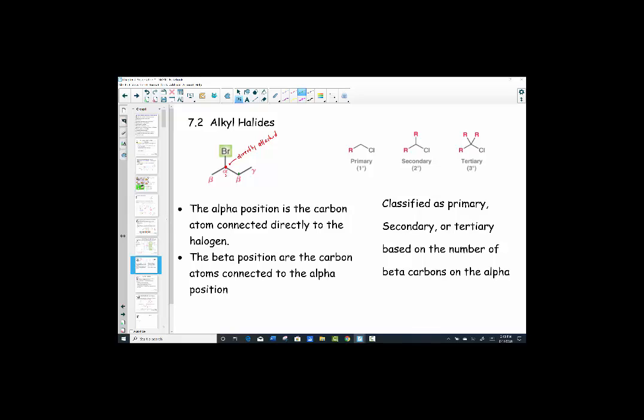When you go out in either direction, the beta carbons are then attached to the alpha. And if you go out even one further, you have gamma, and if you go out even one further, you would have delta. But in our case, we're really only going to look at the alpha and the beta position